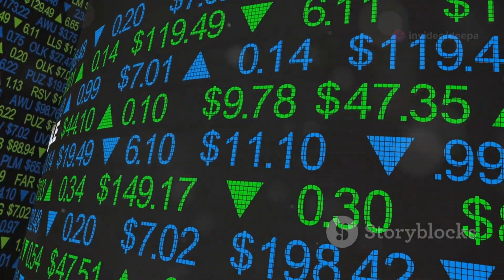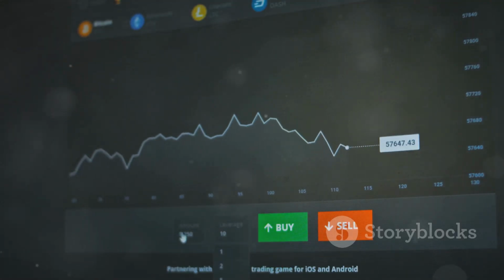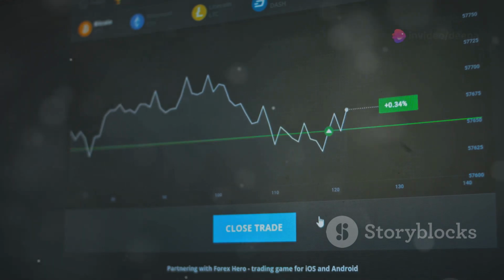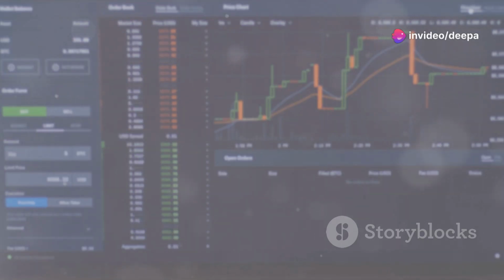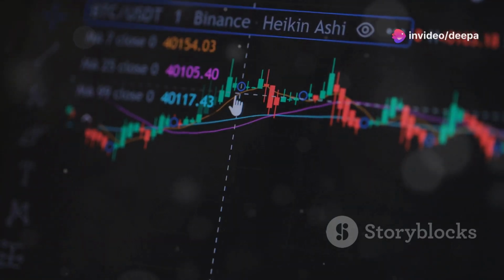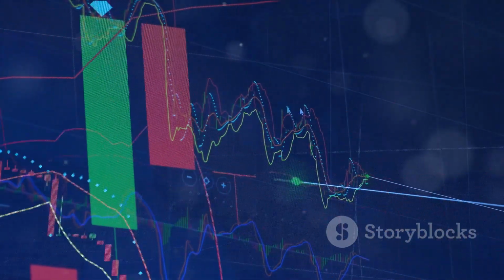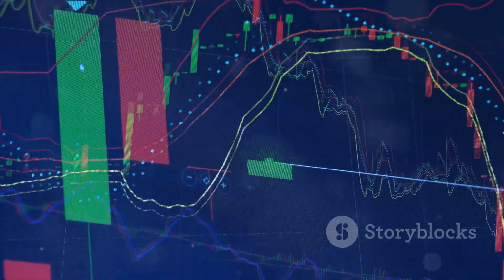Moving on to the double bottom pattern. The formation involves the stock price hitting a specific support level twice with a moderate peak in between, forming a double U shape. The two bottoms represent strong support where the stock price fails to go lower. The intermediate peak between the two bottoms is considered a resistance level. The breakout point is when the price breaks above the resistance formed at the peak between the two bottoms, signaling